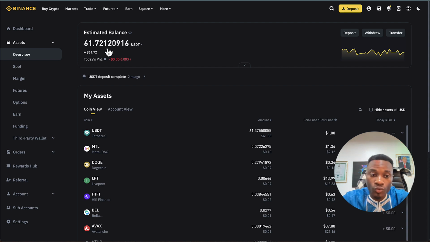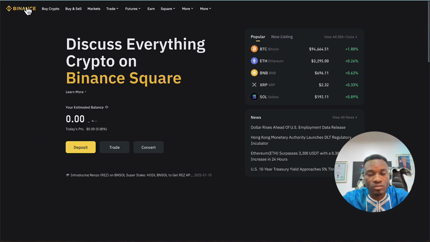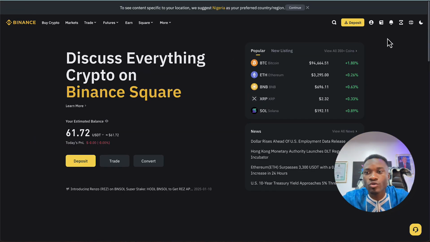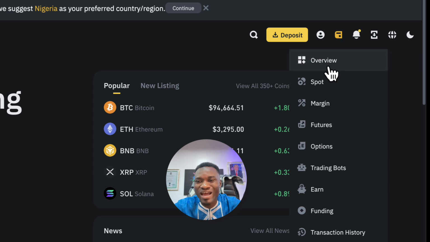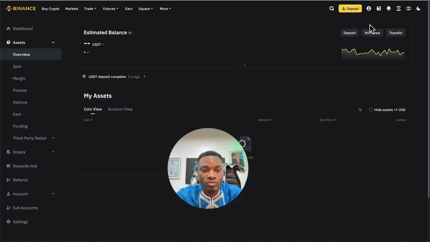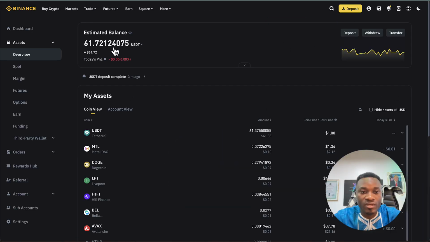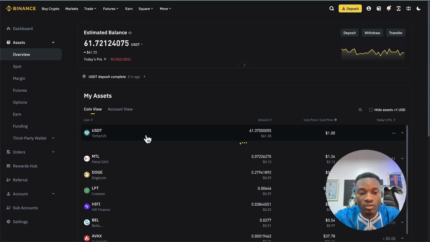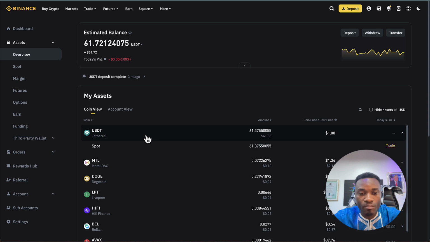Right. Good. Now, the funds have been released into the account. Now, to check your funds on the Binance crypto exchange trading platform, you move your cursor to this icon right here and you click on overview. Then we're going to see the money. So this is the money right here. The money came in. These are the details right here. You can click on it to see more details about it. That is it. So this is how you transfer your funds from ByBit to the Binance crypto exchange trading